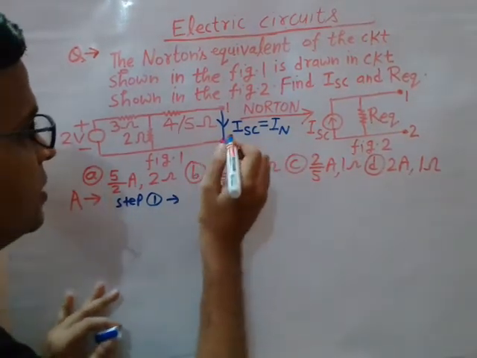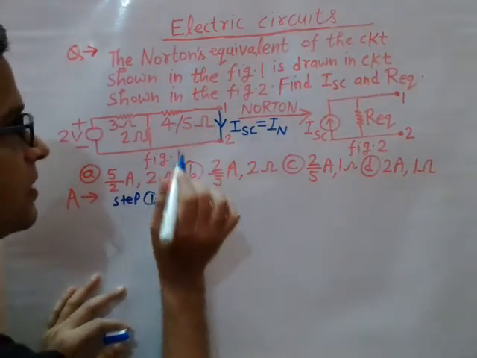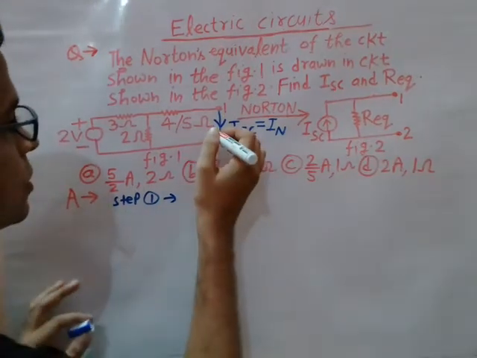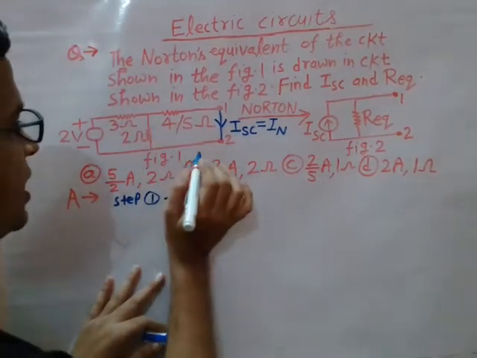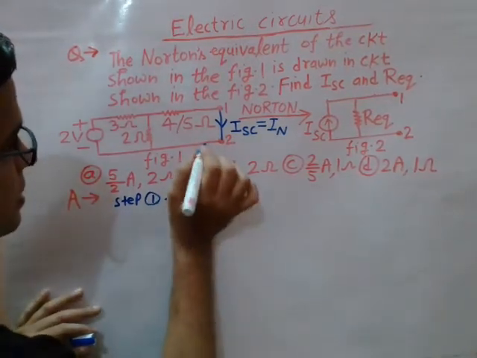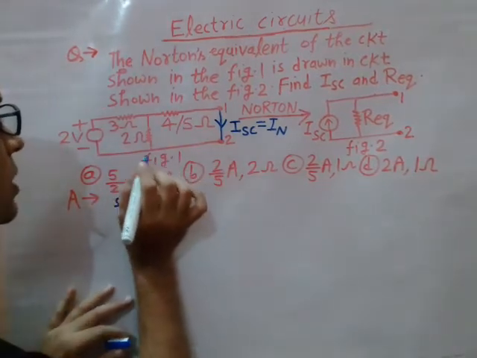So you will apply either KVL or KCL, right? Whichever is easier, you should choose that. I am going to choose Kirchhoff's current law because it is easier in this question, right? So here